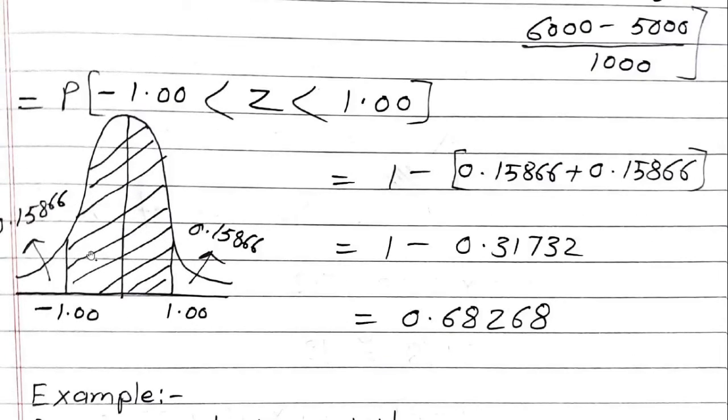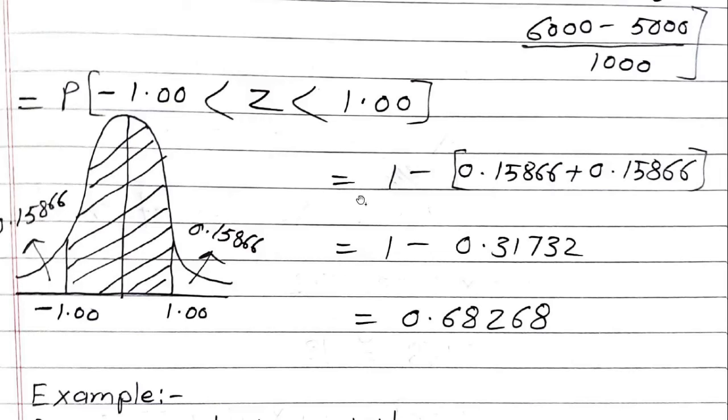So the value which we are getting is the tail part of the curve. This part which is not marked, actually we want the part which is between these two ordinates. So we will mark the portion. The middle part of the portion is marked. The portion which we are getting directly from the table is 0.15866, which is the tail part of the curve. So we don't want both the tail parts.